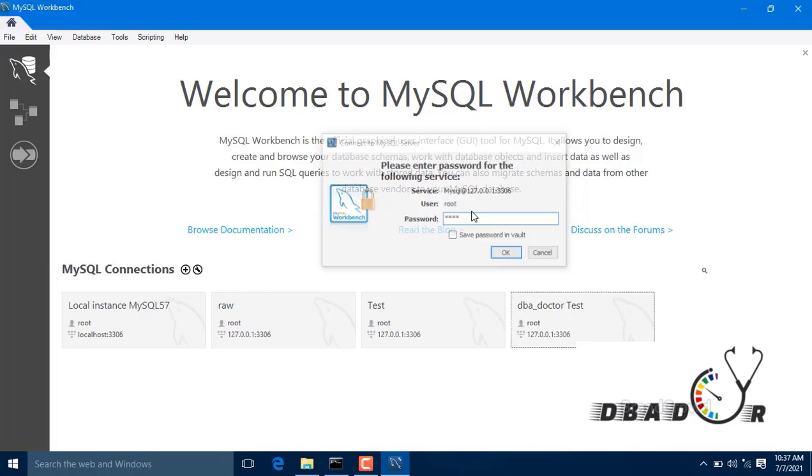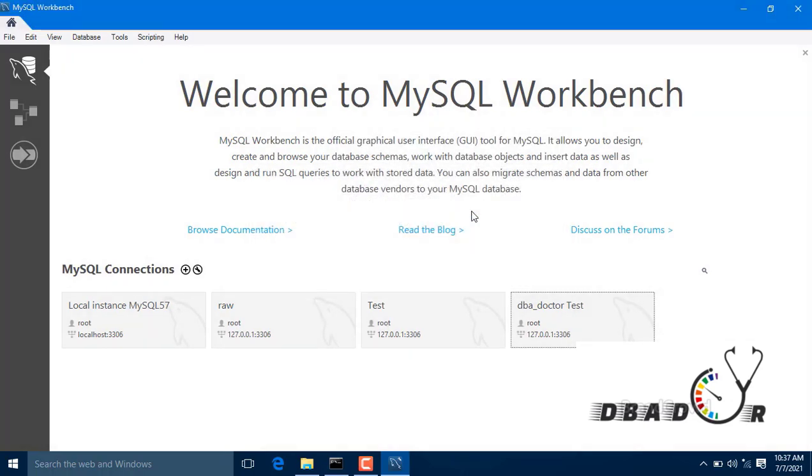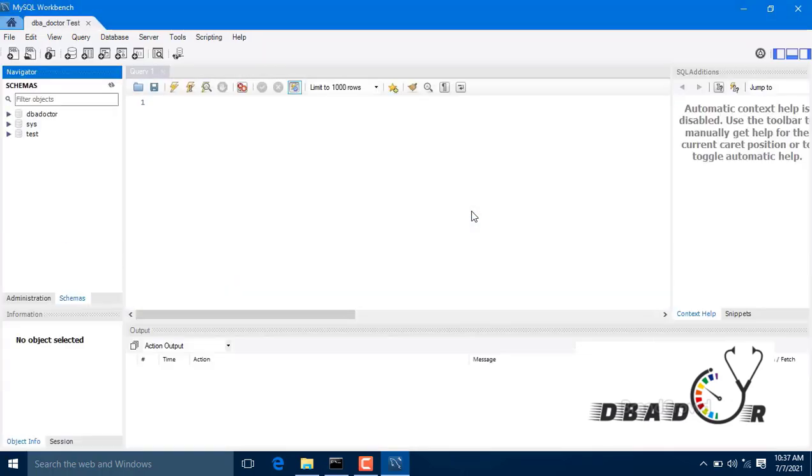Once we put in the password, the connection will be established and we have entered into Workbench for the given instance. Once we connect using MySQL Workbench, we have to create a schema. A schema is nothing but a database.